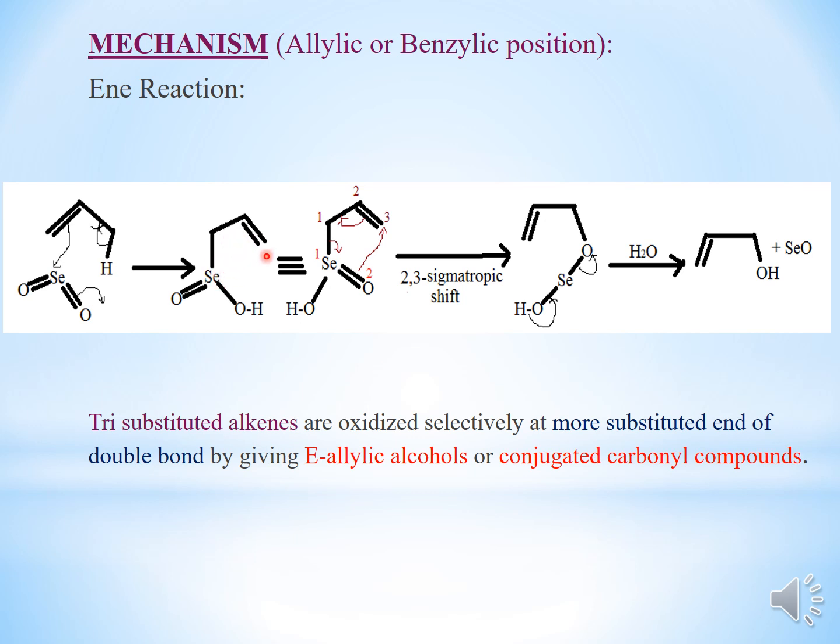That can also be written similar to this structure, right? So once you write it here, you can number it like 1 2 over here, 1 2 3 positions. Okay, so this is a 2,3 sigmatropic shift. In the 2 position the oxygen atom is present, and in the 3 position the alkene group. So this bond will move, and then it will make one new bond. This bond again shifts, and then this whole moiety gets cleaved out from here.